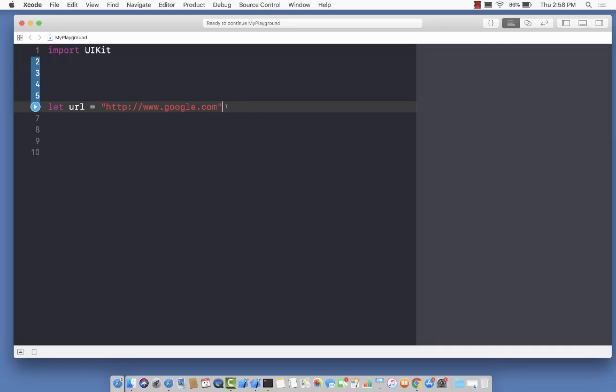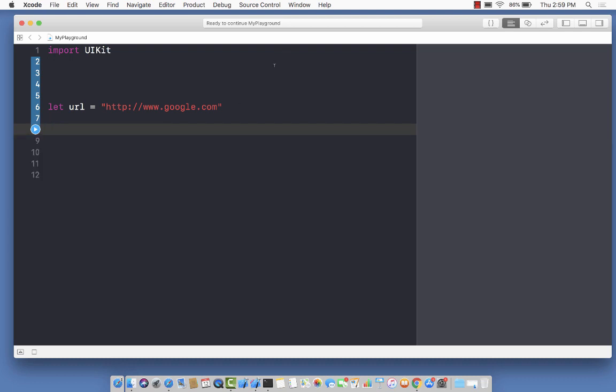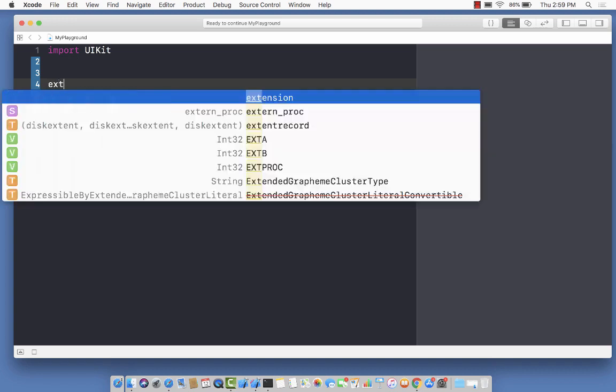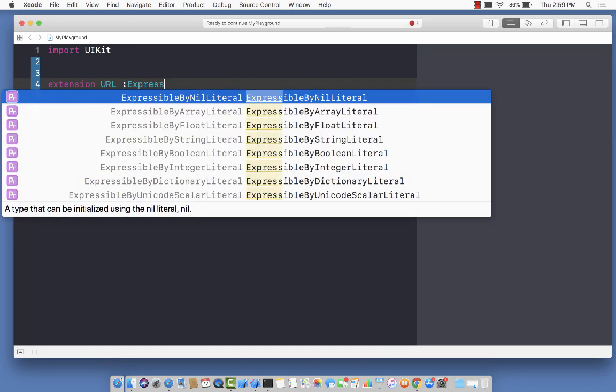How many times have you written code like this and wished that the URL instance was an actual URL object? Right now it is a string. So let's see how we can write the exact same code, but end up with a URL object. The first thing I'm going to do is use an extension and extend the URL class by using